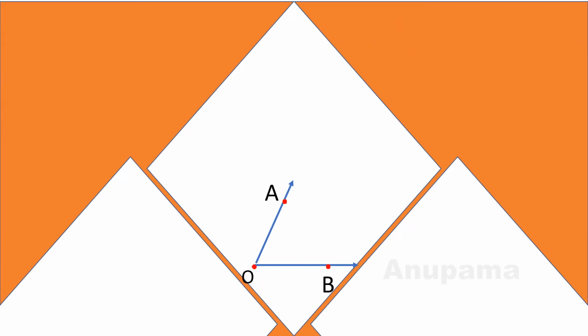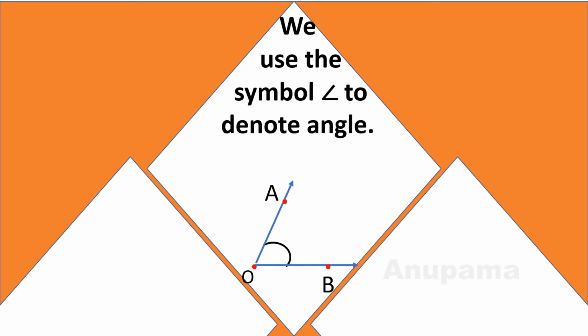Now let us understand how to name and denote any angle. So here is an angle and we use this symbol to denote an angle. How? Let us see. O is the fixed point, or we can say the initial point and common point of these two rays. So OA and OB are arms. That's why we will write like this: angle AOB. Always remember that the vertex of an angle comes in between. So angle AOB or angle BOA. Either we can write with the name of this vertex also, angle O.